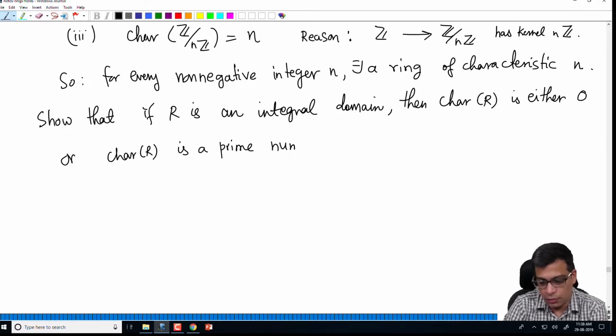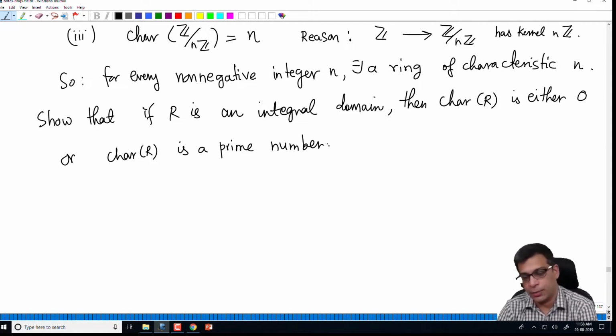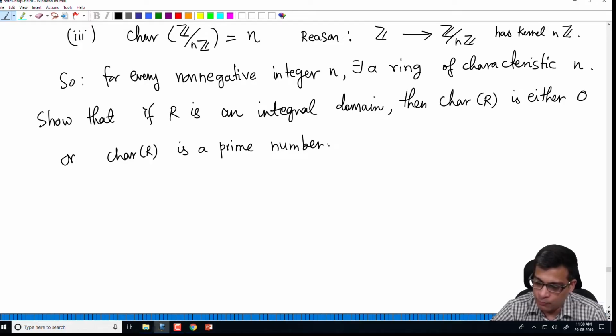Remember, characteristic is always a non-negative integer. So for an integral domain, it cannot be any arbitrary non-negative integer. It has to be either a prime number or 0. So 0 is also allowed, and the reason is